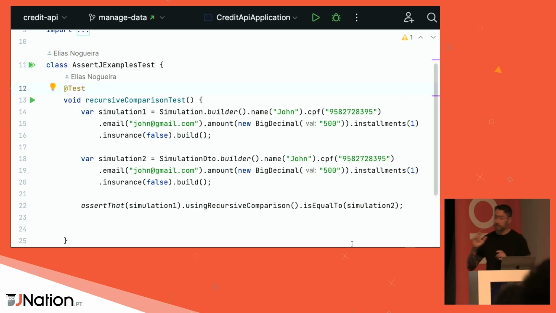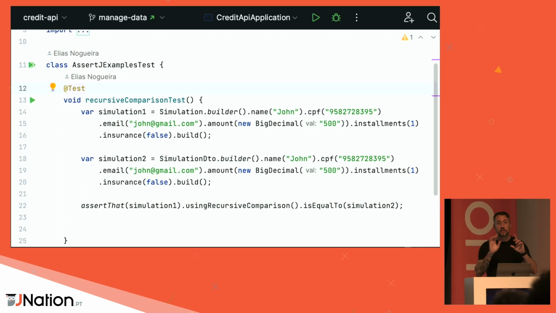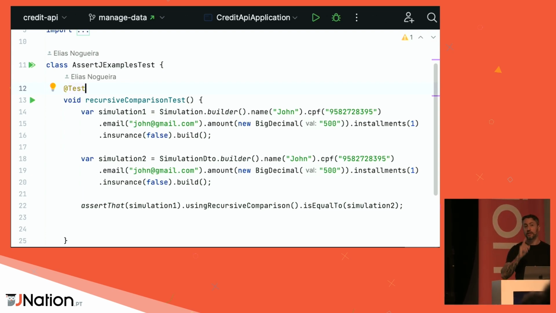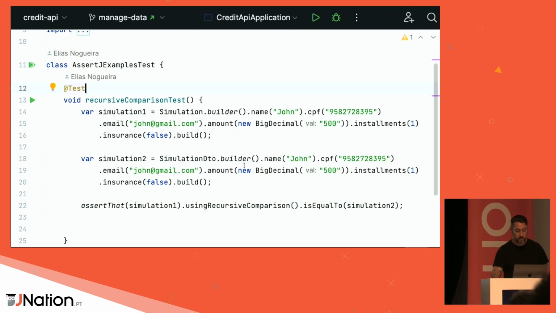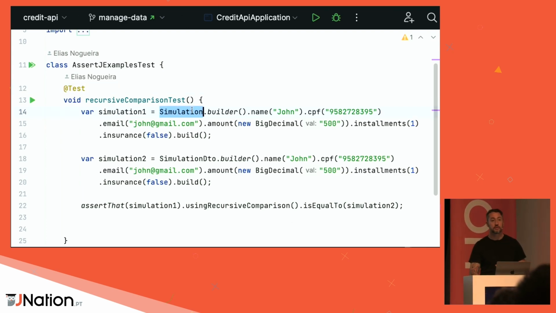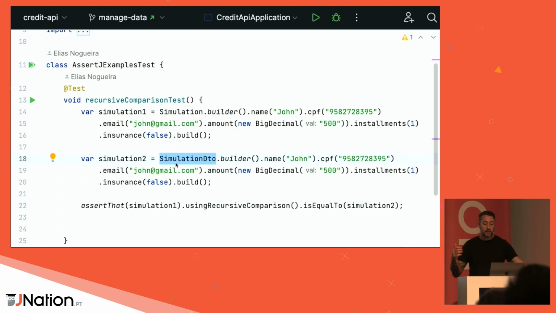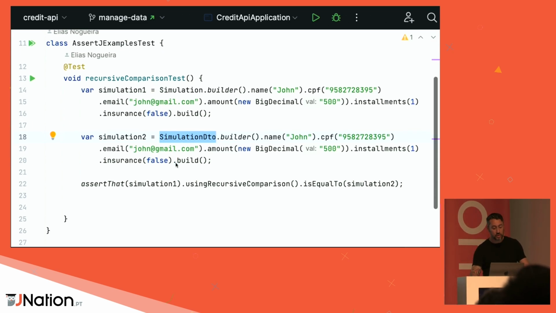So what you can see here, I have 2 similar objects with the same data, but the objects are from different classes. One is Simulation, and another one is SimulationDTO. It's super common to map some classes when you're working with APIs. One thing you might be thinking, to test this,